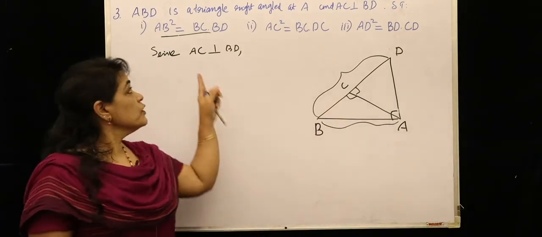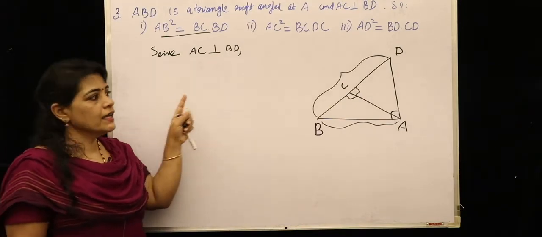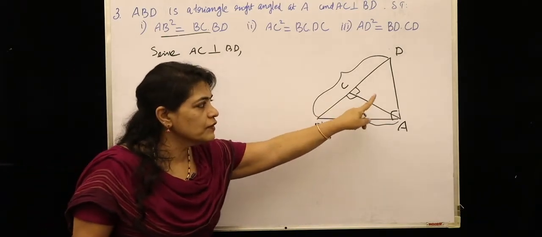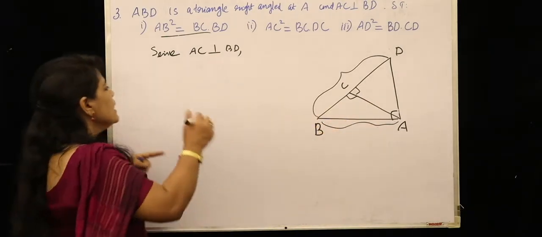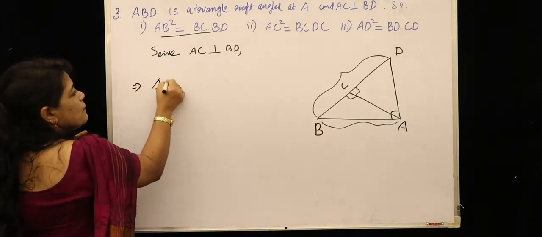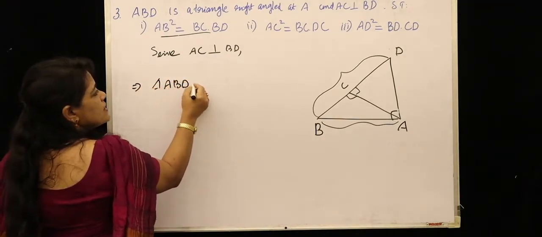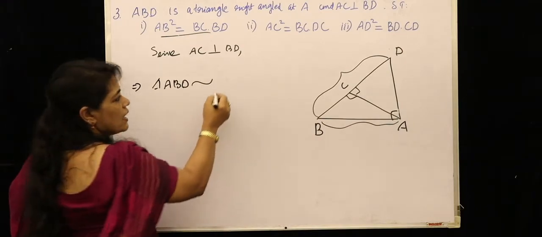In order to get this, I am taking this triangle along with the whole triangle. That means triangle ABD is similar to triangle